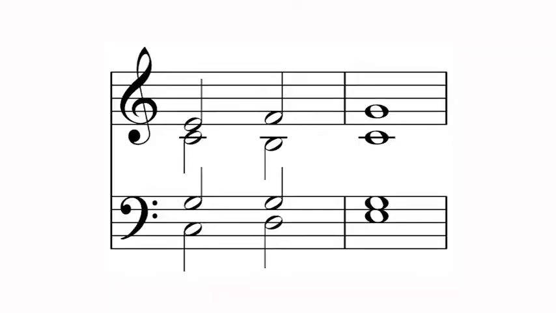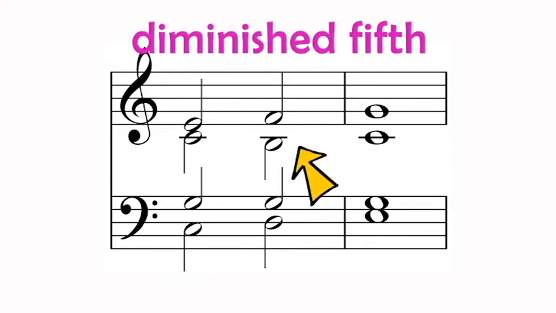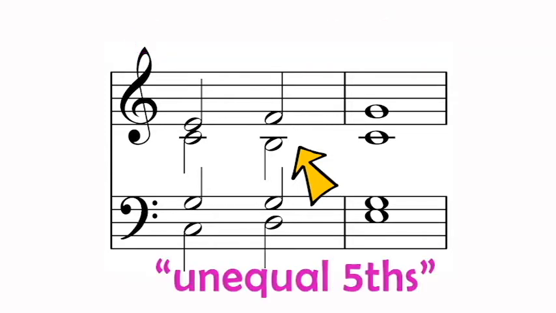In music theory, looks can be deceiving. For example, when we look at this interval going to this interval, it looks like parallel fifths. They're both fifths and they both move in the same direction. However, when we actually look at the first interval, B to F, we know that that's actually a diminished fifth, not a perfect fifth. And when diminished fifths move to perfect fifths, we call these unequal fifths, and they are